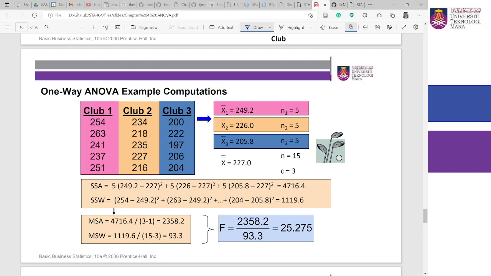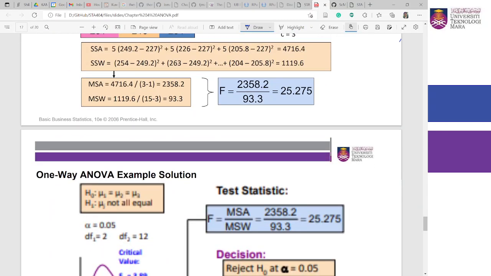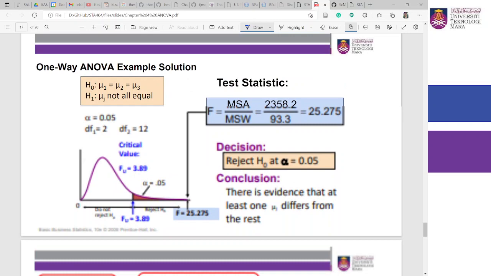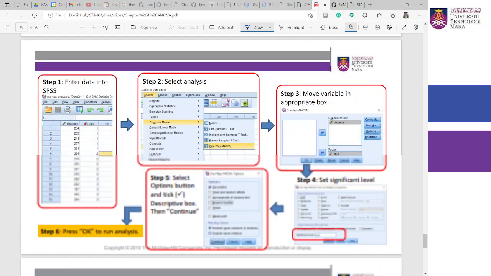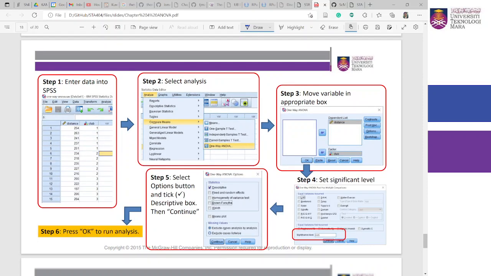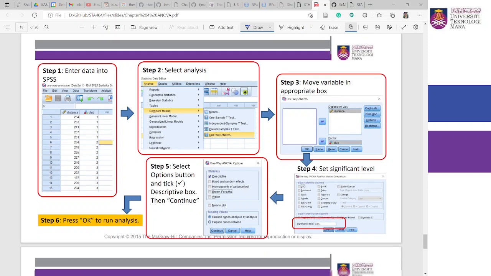Okay. Cuma kat sini dia gunakan kaedah yang berbeza sedikit. Sama kaedah yang sama, dia gunakan kaedah yang sama yang saya tunjukkan tadi. And then dia dapatlah dia punya nilai. And then you boleh baca terus. And you can try this data with the SPSS. So kat sini saya dah bagikan dia punya kaedah macam mana you nak tentukan nak gunakan SPSS untuk you run